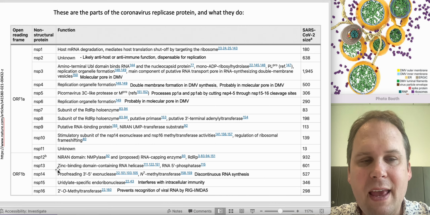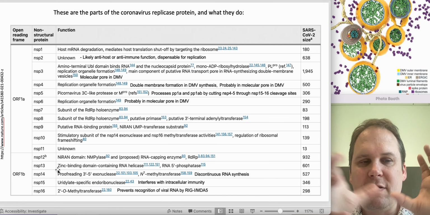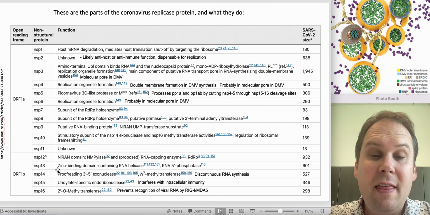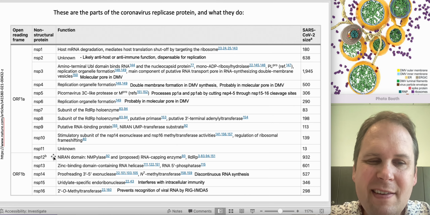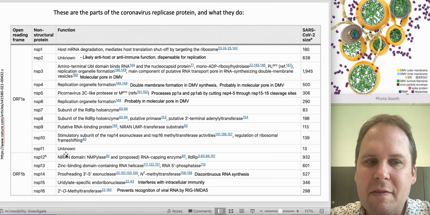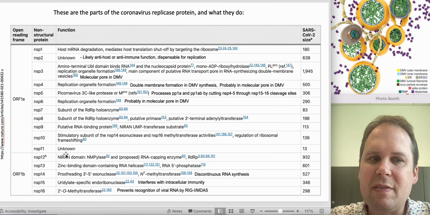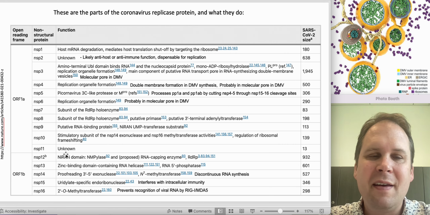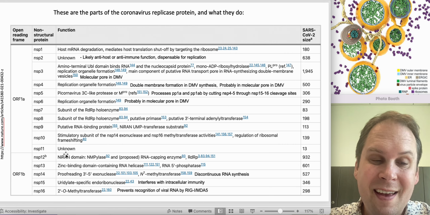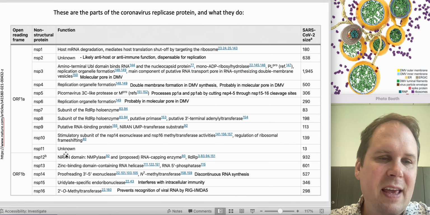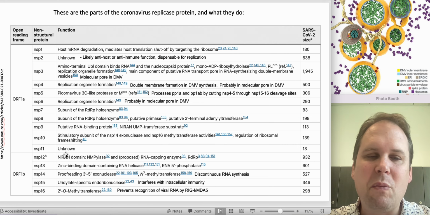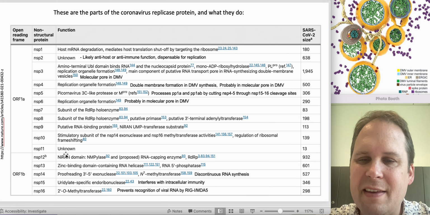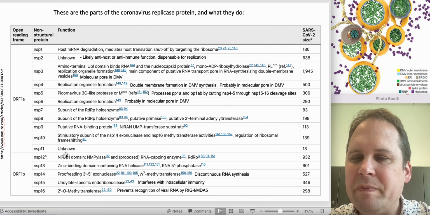NSP13 is a helicase that actually binds to the polymerase and is essential for polymerase function. These two enzymes being together, this is the hallmark of what makes a coronavirus. All the ones that are related to coronaviruses have these two things, and it's a little bit weird. It's their thing. A lot of other viruses will have a helicase, but it'll be somewhere else, and it won't be as integrated as the coronavirus one is, or not in the same way.